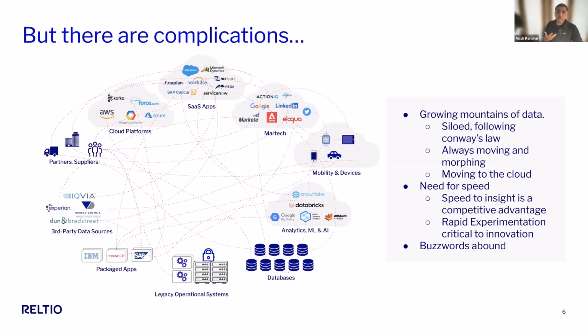All of your enterprises are also demanding speed from you, right? It's a competitive advantage if you can get from that data to that insight and the action faster than your competitor. And your innovation teams are demanding the ability to experiment faster, right? It's not just that once you set up a flow from data to insight, you're done. It really is about experimenting, especially in the context of machine learning, of being able to tweak models so that you can constantly optimize or you can constantly feed that growth engine, right?